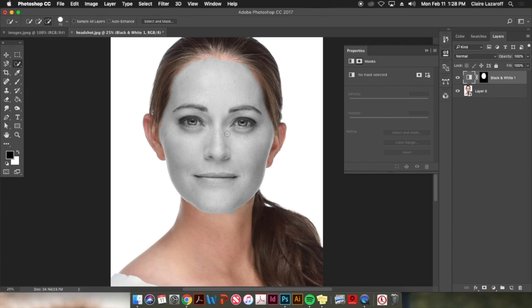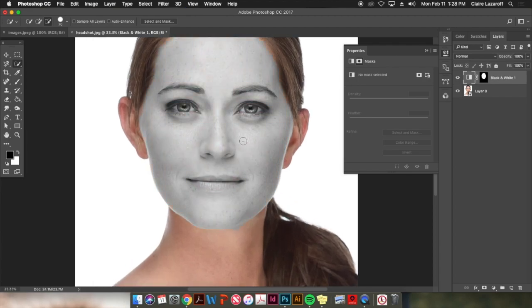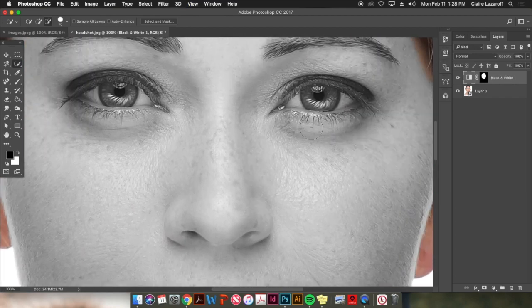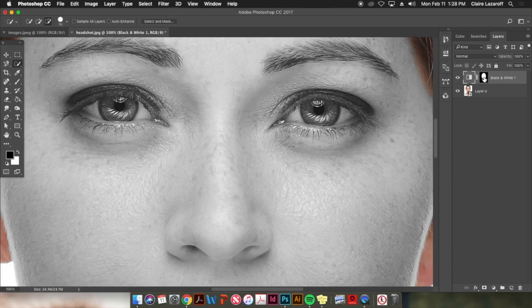So from there, we are going to just add back in her eyes, because right now if we place something on top of this, it would look like we had painted on her eyes. And if you have someone who's smiling where you can see their teeth, you're going to want to fix it on their teeth too, because we don't want to look like we painted their teeth. So make sure you click on that layer mask right here. And then using just your brush, you can change its size with those bracket keys. Remember, when black is in front, we can paint back in. So I'm just going to very quickly paint back in over her eyes and her eyelids,